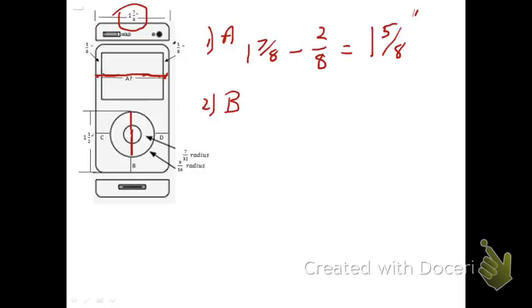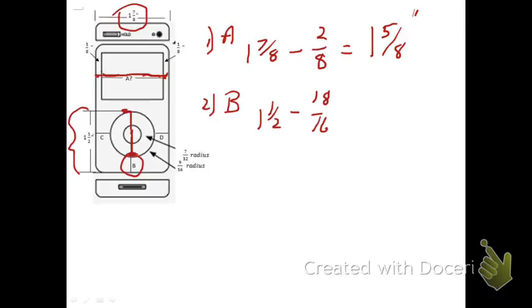So I basically have 18/16, even though that's an improper fraction. Let's just think of it that way. So if I take this off of my 1 1/2 inches, that would tell me what the length of B is. Alright, so to find B, I've got 1 1/2 inches, and I want to take off 9/16 and another 9/16, so I'm taking off